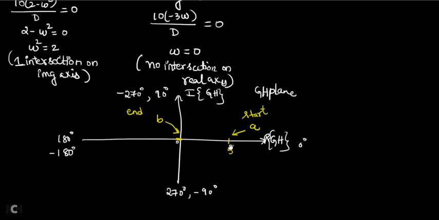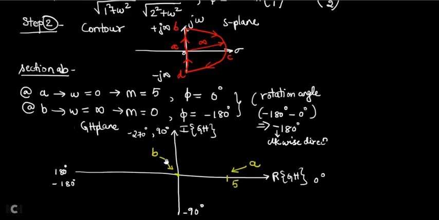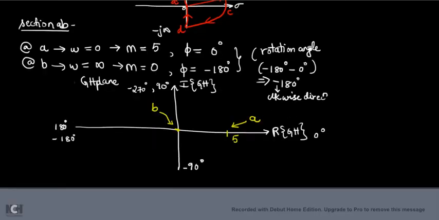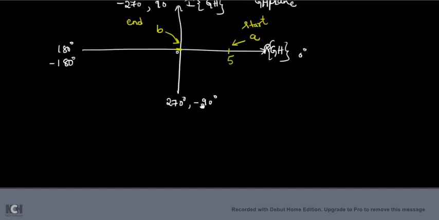Now, I am starting from this point. Whether to write the circle like this or like this, whether to write the circle in anti-clockwise or in clockwise, that is important. And for that, this will give you the answer. See, what is the rotation angle you got? Minus 180 degrees. The minus sign indicates you have to write the Nyquist plot in the clockwise direction. Minus indicates that you have to write the circle in the clockwise direction. Clockwise means like this.